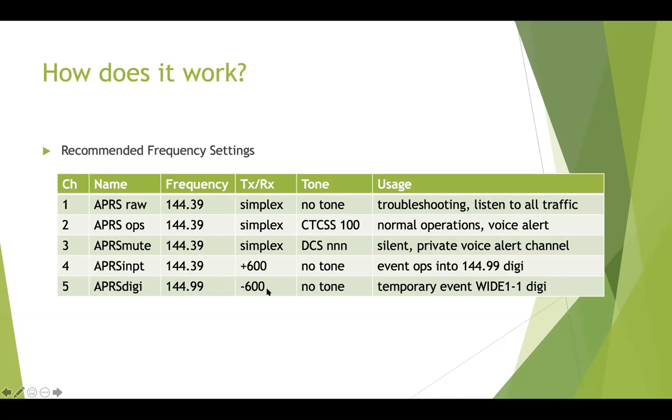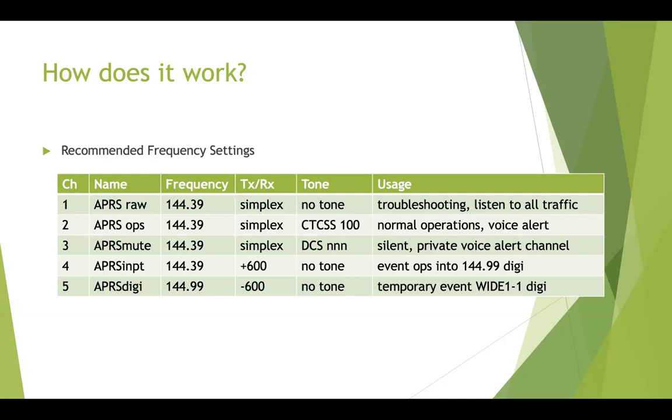And so the way you would set that up is that way you're not flooding your 144.39 with a lot of packets or a lot of calls that are going to be repeated all the time, right? So essentially, if you think about it, with the digipeater, anytime I send a packet, my packet goes out, and then the digipeater sends it out again. So it's used up twice as much bandwidth on this channel as it would if I was just sending it without a digipeater. So the idea is that everybody transmits on 144.99 and receives on 144.39,